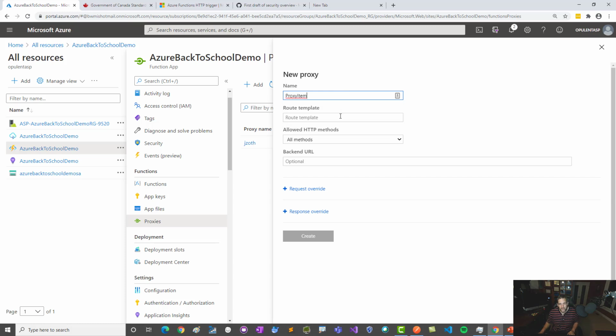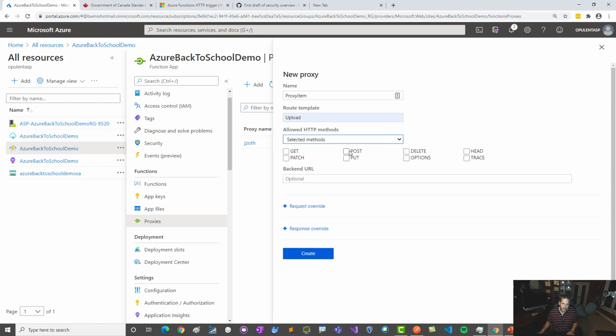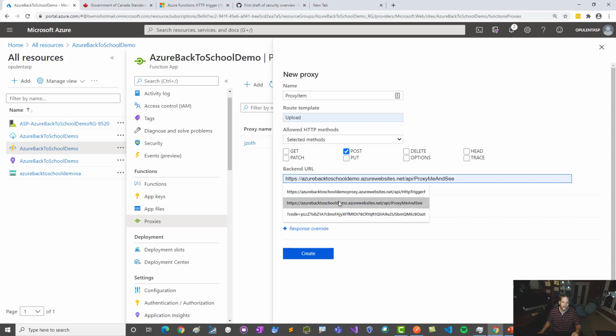So this would be proxy item, and then the route, it might be something that you utilize for uploads, right? So you don't want the client to authenticate and then use the upload module. You want him or her to basically authenticate against this API here and then use this upload function and then other ways to transform that upload after that. So that's a pretty good use case for that one. So we would say that we want to use only the post value, and then here you put in your backend URL. So I have some here that I did previously,